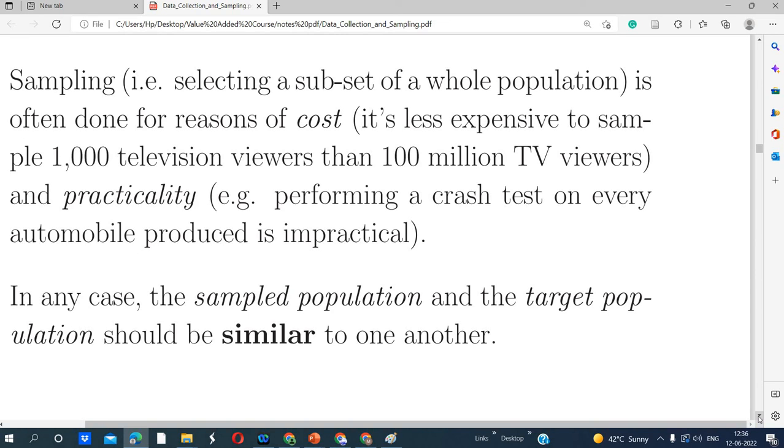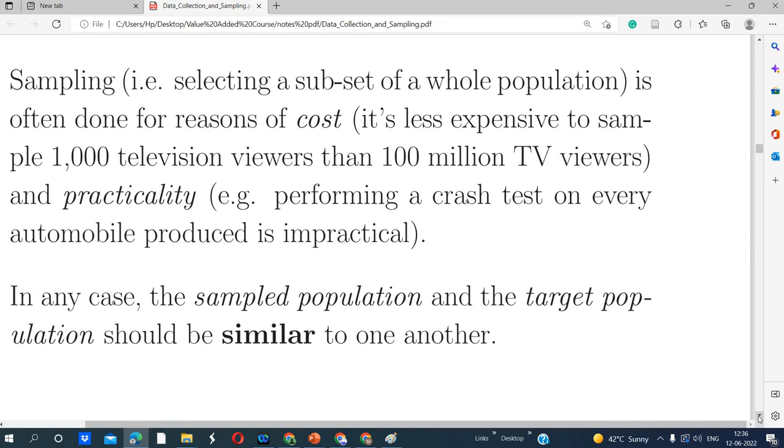Okay, so what kind of analysis can we do? It is often done for the reason of cost. Okay, so it is less expensive to sample 1000 television viewers than 100 million TV viewers. So practically it should be possible. Okay,